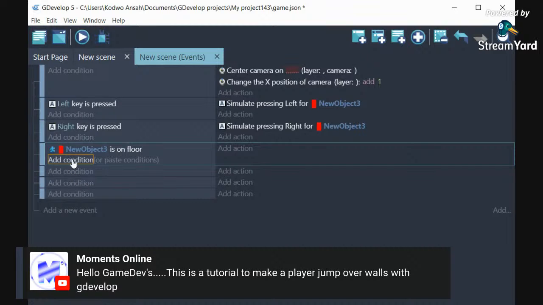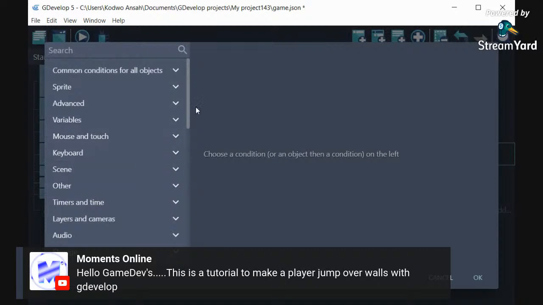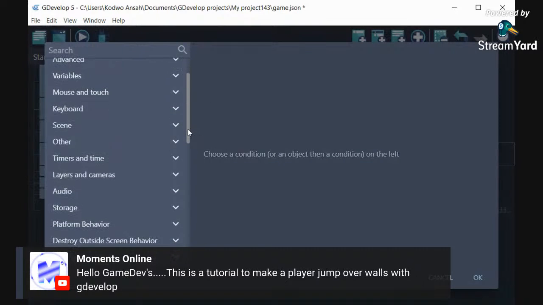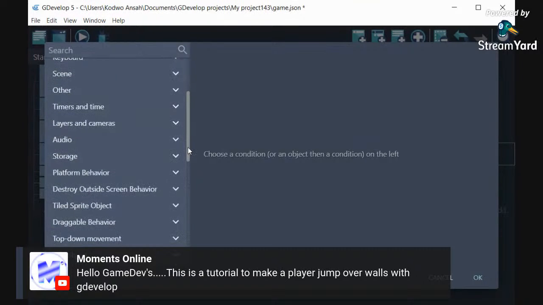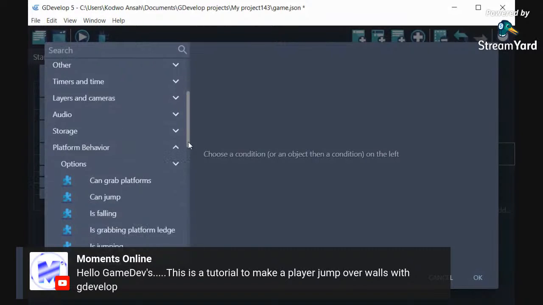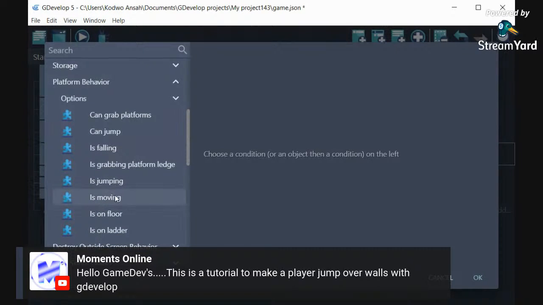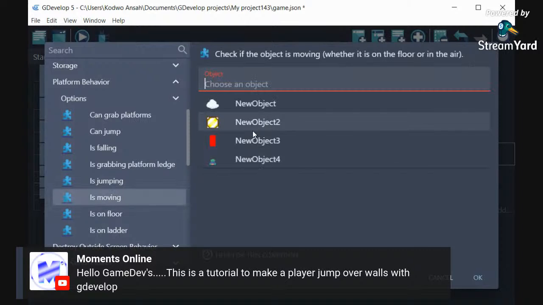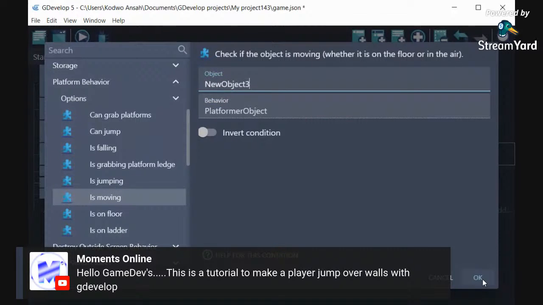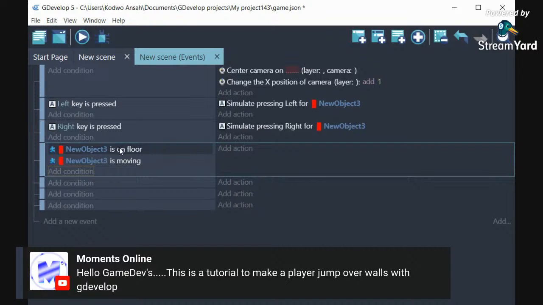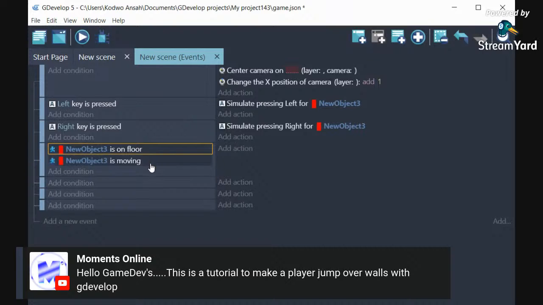And then the second, you want to check if the player is moving. So we're going to get into platform behavior and check if the player is moving. Okay, so right here, you have that. So player is on floor and the player is moving. So this is going to check if both conditions are actually met. Now, if this is working, we want the player to